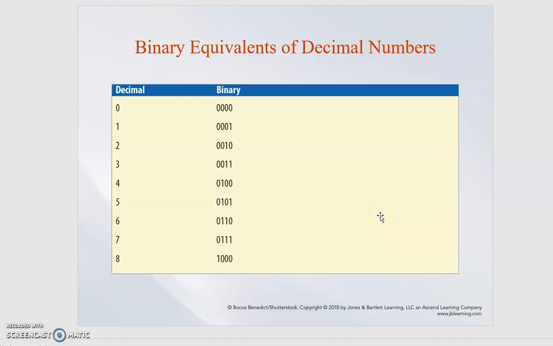All right, let's continue here. The slide number 16 we are in, binary equivalent of decimal numbers. Decimal 0 will have all 0 binary numbers. So we have seen this in the last